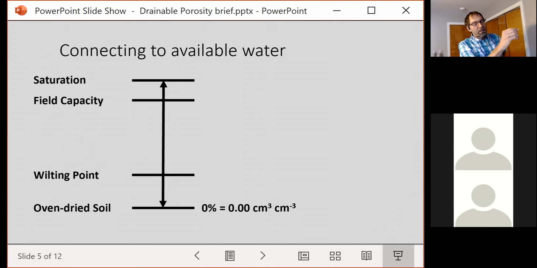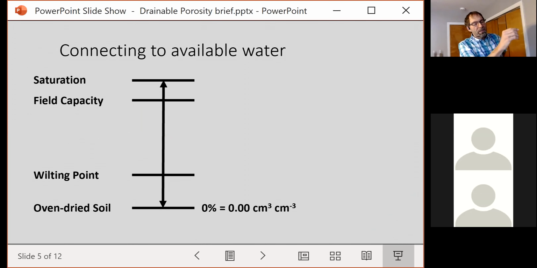So we started with an oven-dried soil. This just takes out the cube and all the other stuff. We start with an oven-dried soil that has no water in it. Depending on the soil texture, we go from oven-dried soil to wilting point. Now, at the wilting point, and this again goes back to that first unit, wilting point is controlled by,